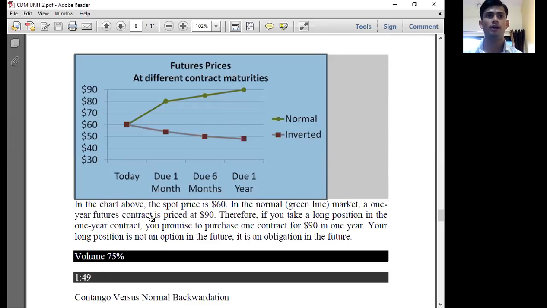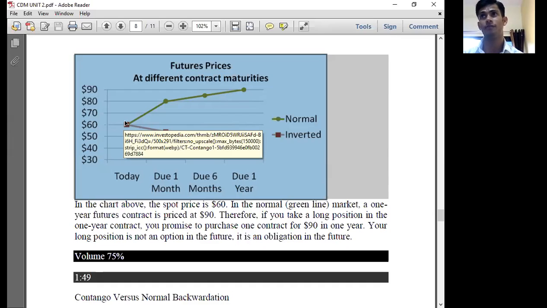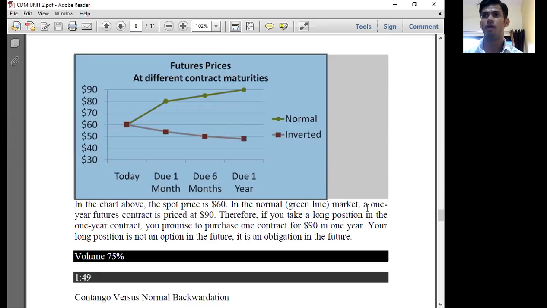In the chart above, the support price is 60 rupees. Meaning the starting price here is where the business or your contract is done. In the normal green line, the market 1 year future contract is priced at $90. Future contract, it is 90 cents. Therefore, if you take the long position in the 1 year contract, you promise to purchase one contract for 90